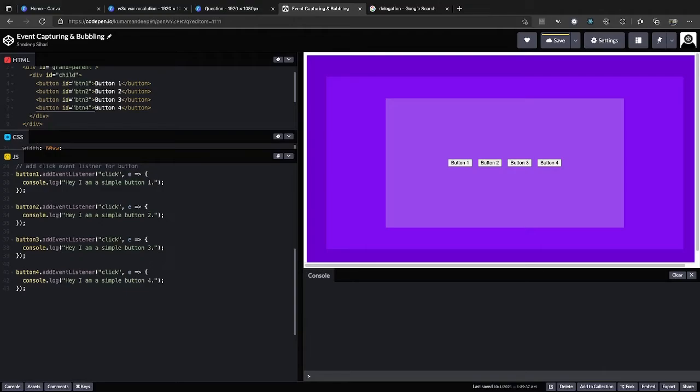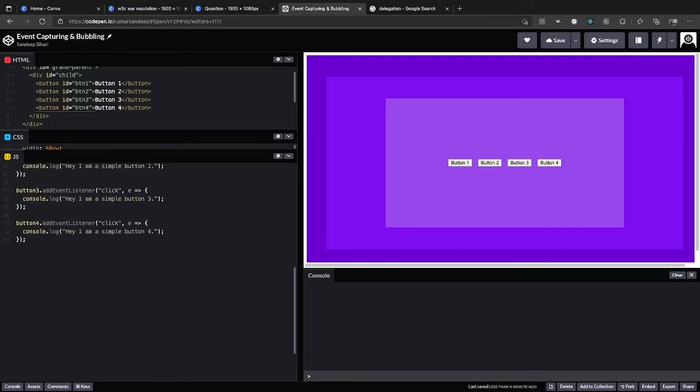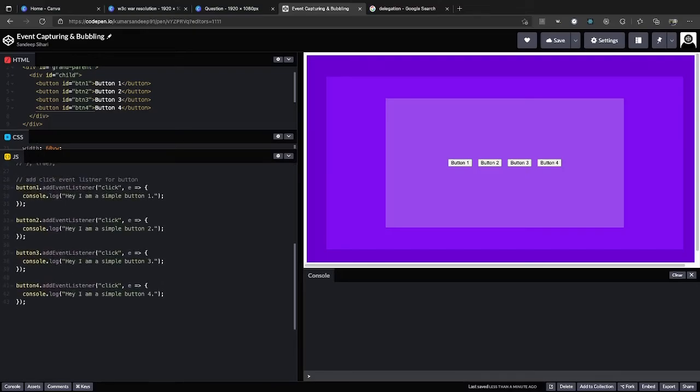So I just modified our example a little bit. Rather than adding hundreds or thousands of elements or products, I've added 4 buttons for the sake of this demo. And what I want, once I click on these buttons, is a message to be printed. Right? Simple. So the first step is you need to select those elements using query selector and then add the event listener to each and every button: button 1, button 2, button 3, and so on. So this will just print a message.